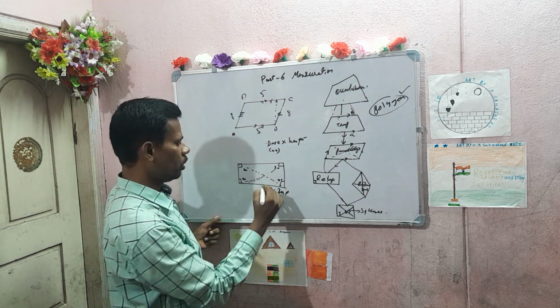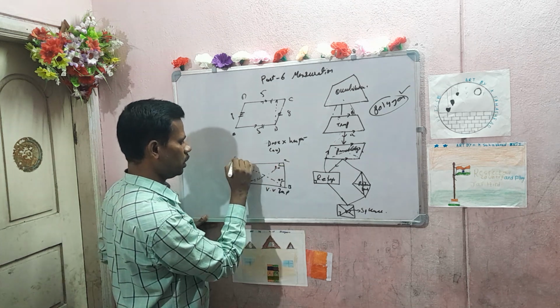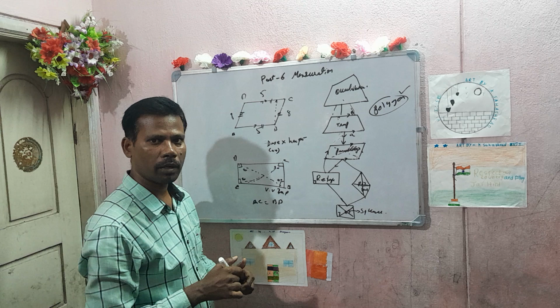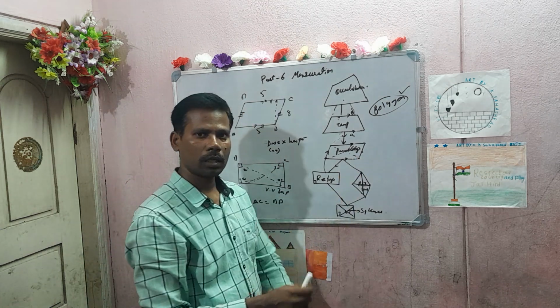Rectangle diagonals are equal. That means in rectangle ABCD, AC is equal to BD. Diagonal AC is equal to diagonal BD. Come back to rhombus. A parallelogram in